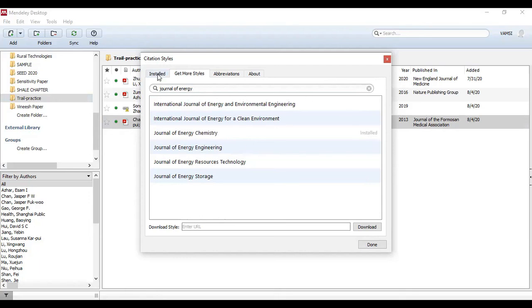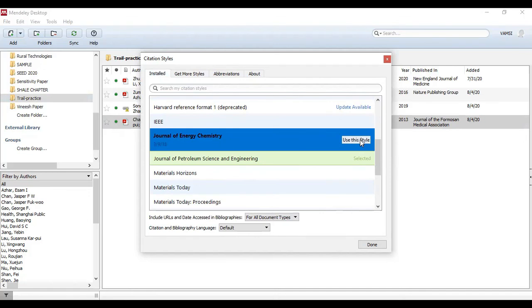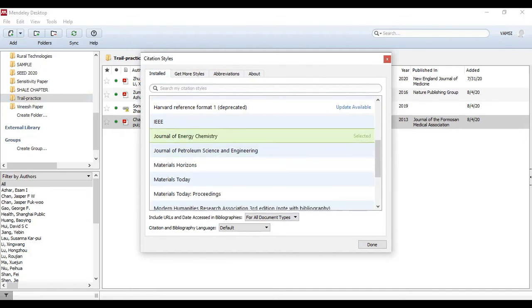Now I go to this installed column, Journal of Energy Chemistry, and use this style. If you look at that reference, it has been changed here. That's how you select different types of journals.